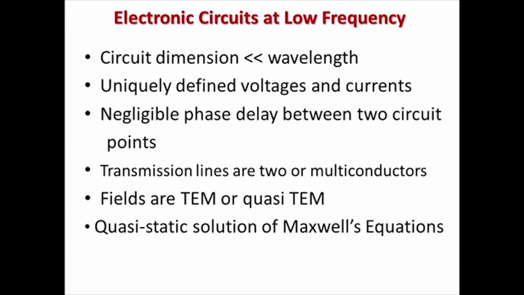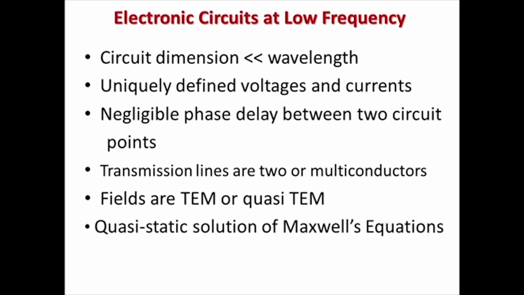So, typically in kilohertz up to megahertz frequencies, the dimensions of resistors, transistors, diodes and various amplifiers that we build from them are much less than the wavelength. That is why the phase difference between 2 points in the line for a voltage or current wave is not much, and that is why we can uniquely define the voltage